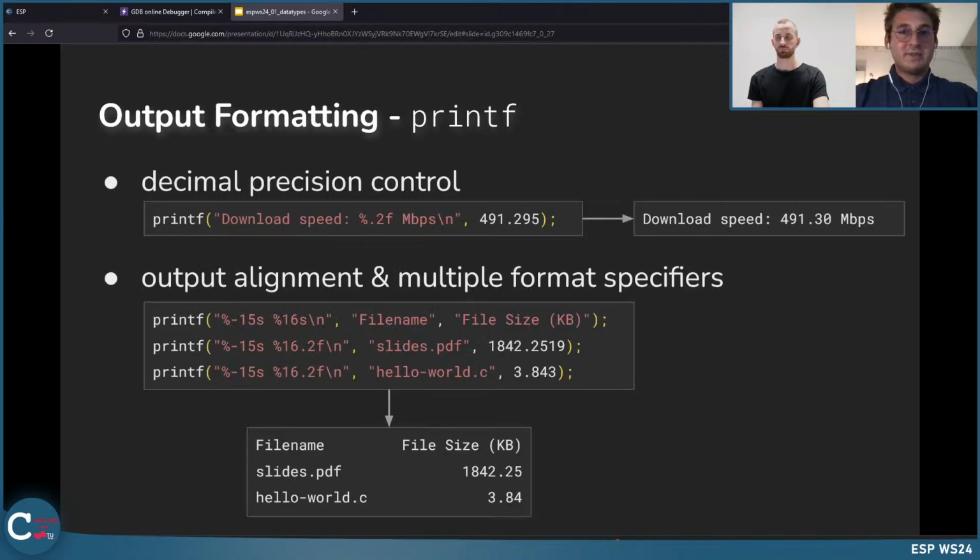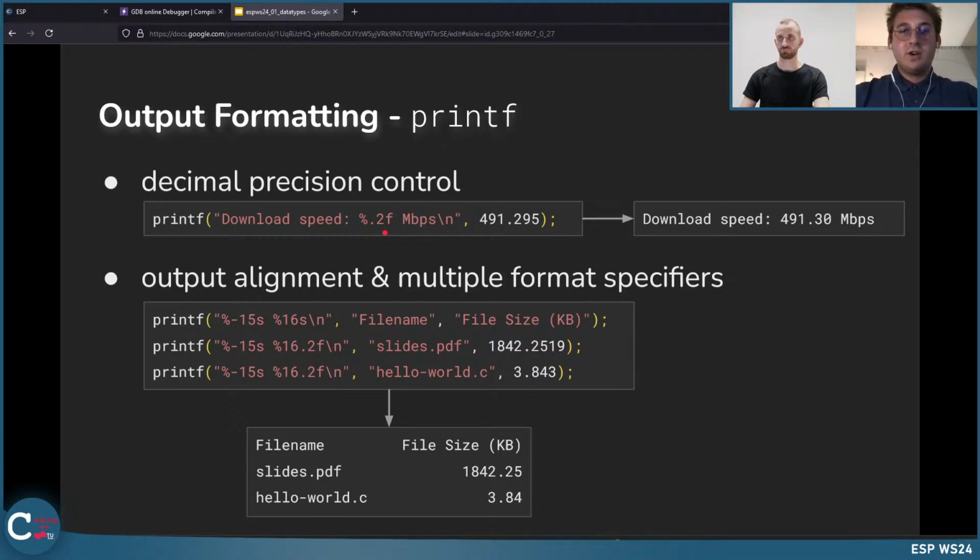And in addition to these format specifiers, printf also has some other cool features, let's say, because with the format specifiers you can also control the decimal precision. So if you only want to have 2 digits after the decimal point, so zwei Nachkommastellen, you could use, for example, exactly here, %.2f, and this then reduces the number of digits right to the decimal point to 2 digits. This is quite useful in many cases. You will notice it in the practicals.